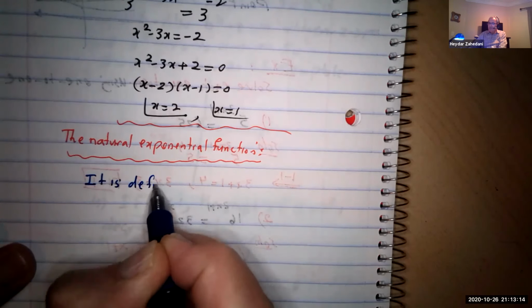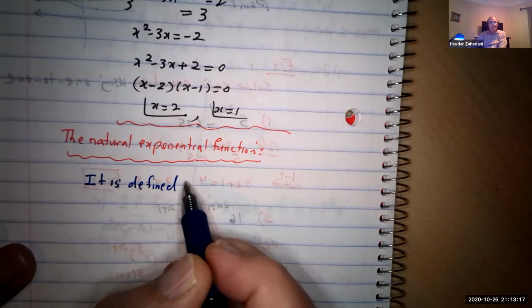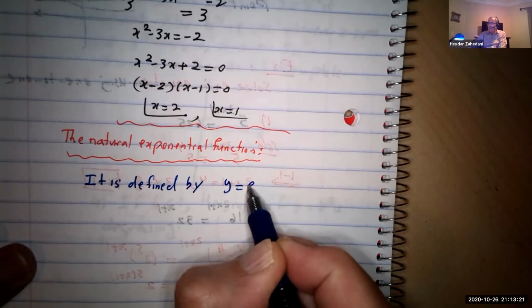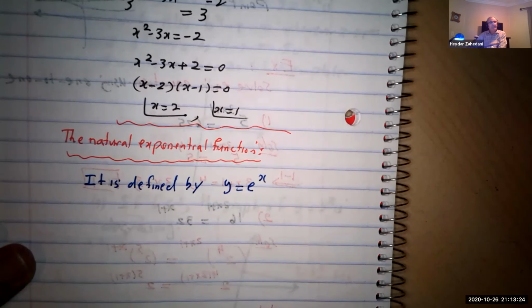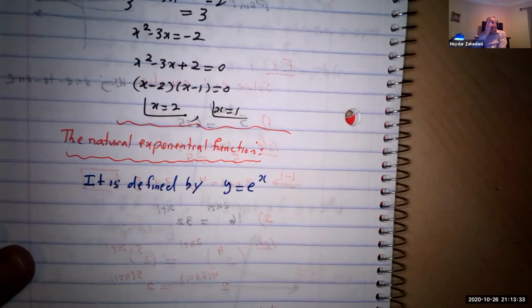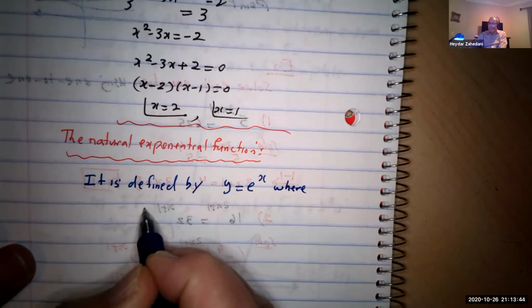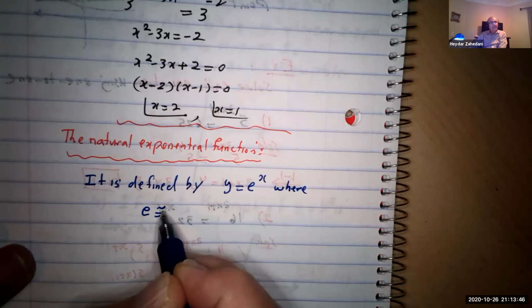It's defined by this function, y equals e to the x. Okay, what's e? e is like pi, an irrational number, remember? Pi is 3.14, well, not exactly 3.14, just an estimate. e is a similar number, if you like. e is an irrational number, and this number is approximately